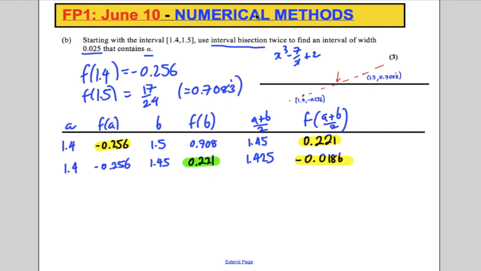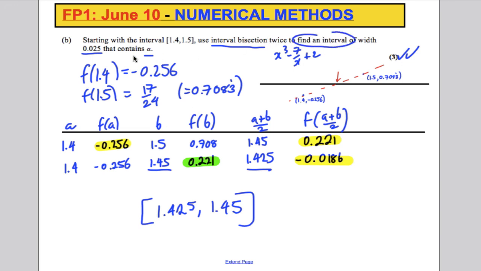So the interval that we're finding in this part is between these two numbers here. The interval is between 1.425 and 1.45, and there are our 3 marks. It doesn't ask us for the actual root. It says find an interval of that width, and we've got that width,